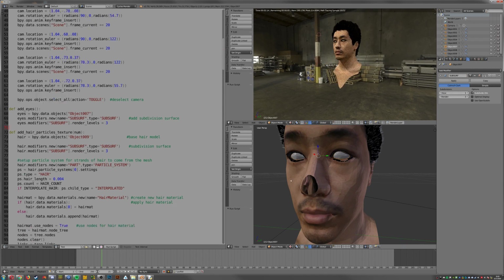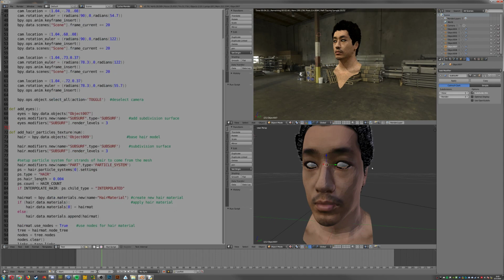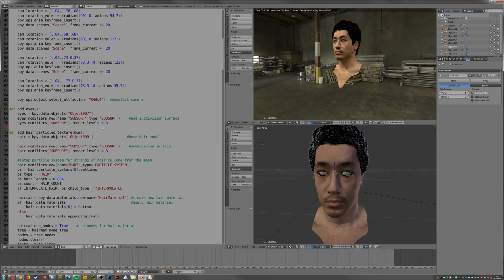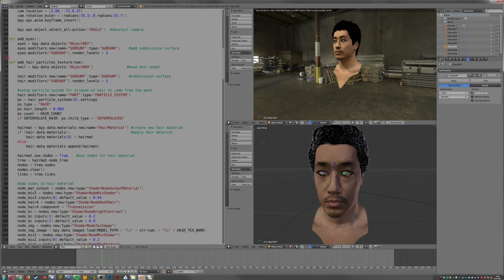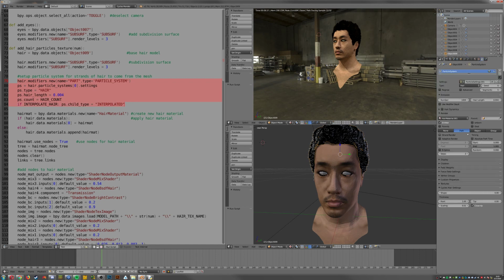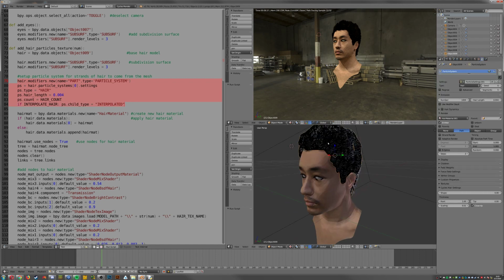And that same subsurface sampling is applied to most parts of the model for a better render result. In the hair particles texture function, it takes in a parameter of the model number, and it selects object 9, which is normally the hair in most of the models. It adds the subdivision surface, and then it sets up a particle system, which is all the different little particles